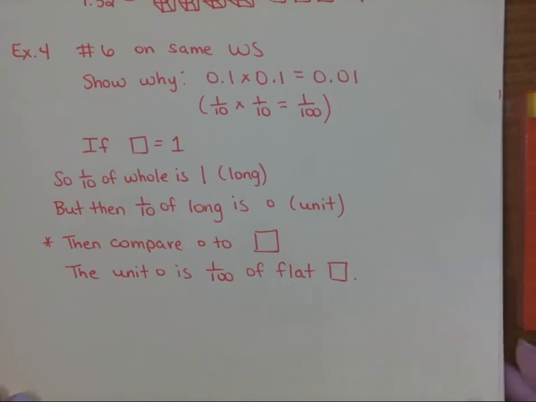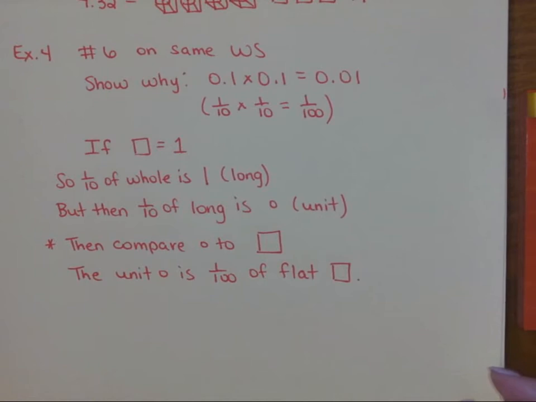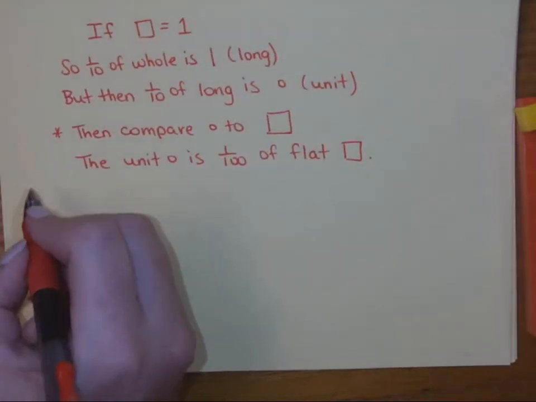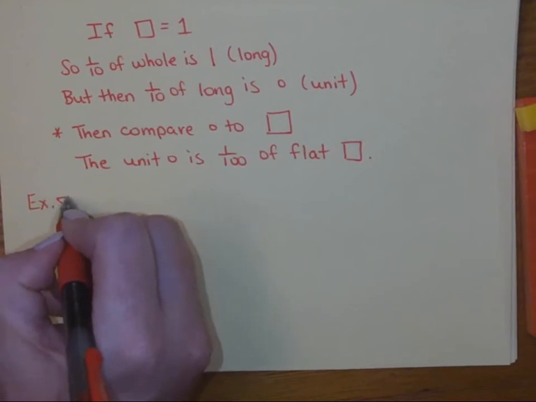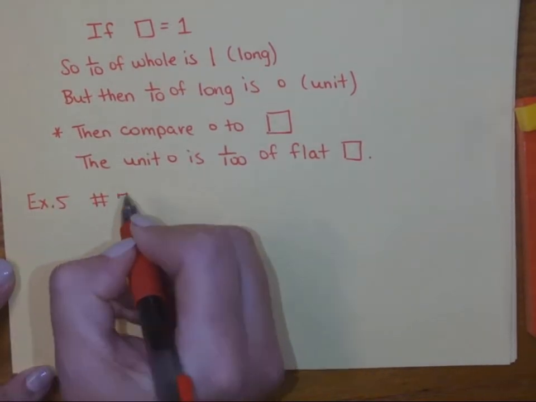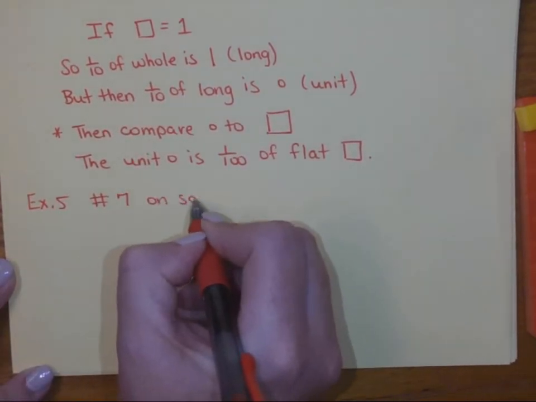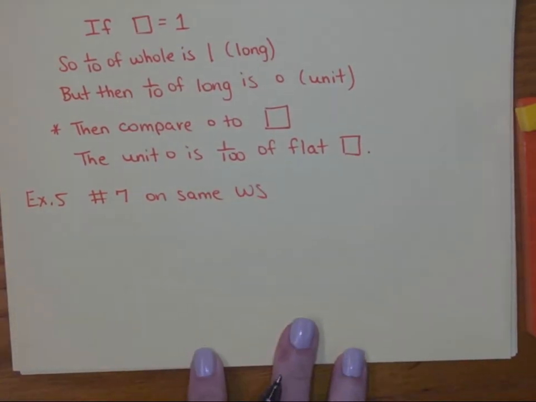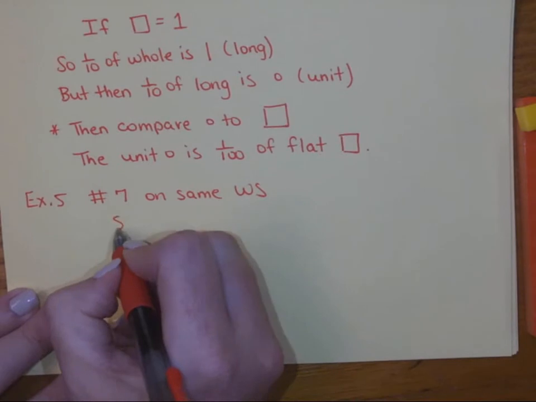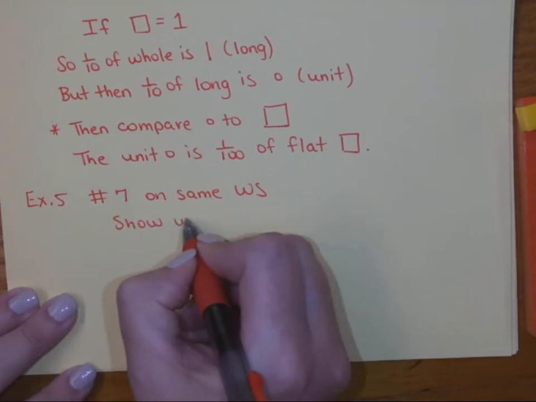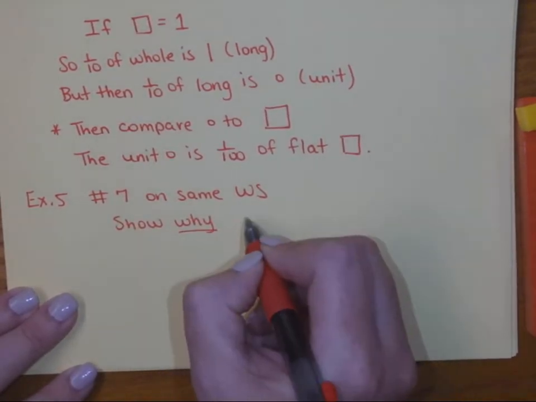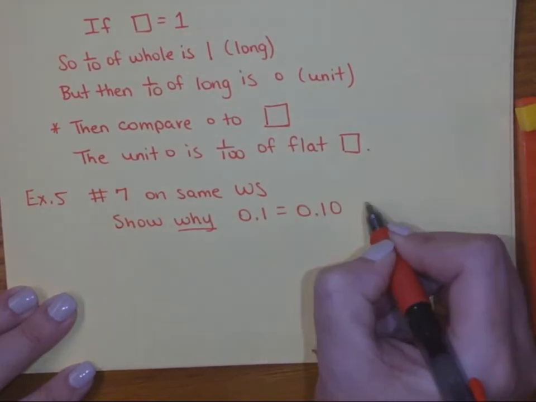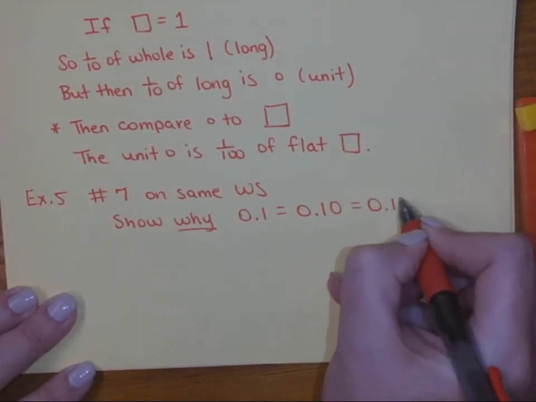All right, so the last one that I want to do on this part of the worksheet at least, let's do number 7. So my intention is that you pause the video when you want to mess around with your blocks a little bit. That's what you should be doing. So for this one, we're supposed to be showing why. That means explain, by the way. Why is 0.1 equal to 0.10? And why are these also equal to